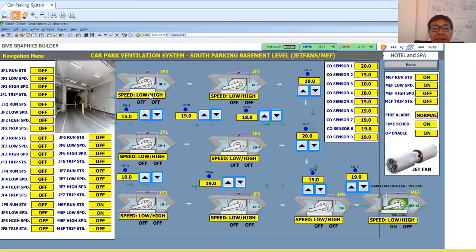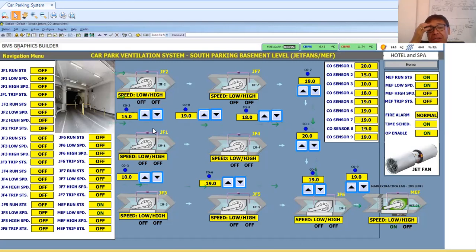Now, the jet fans and extraction fans are two-speed fans. For the motor control, every jet fan has one variable frequency drive installed. So the jet fan should be a two-speed fan, low speed and high speed.